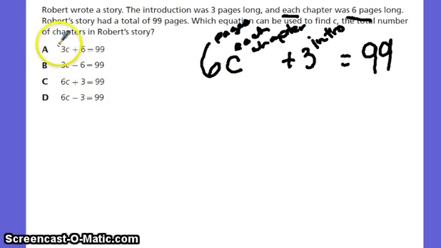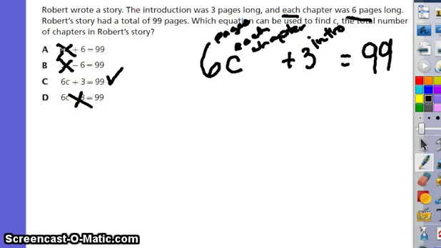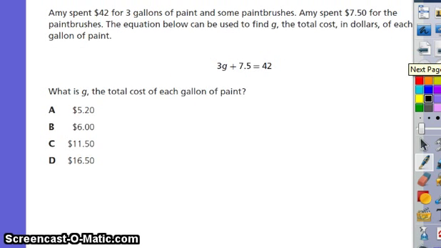All right, 3 times C, nope. 3 times C, nope. 6C plus 3 equals 99, yep. 6C minus 3 equals 99, nope. Plus 3 is including the introduction. Okay. Next,